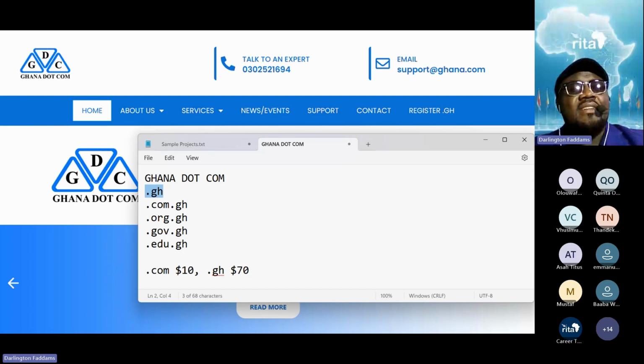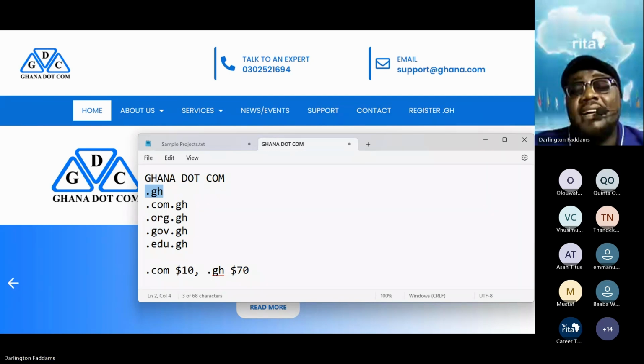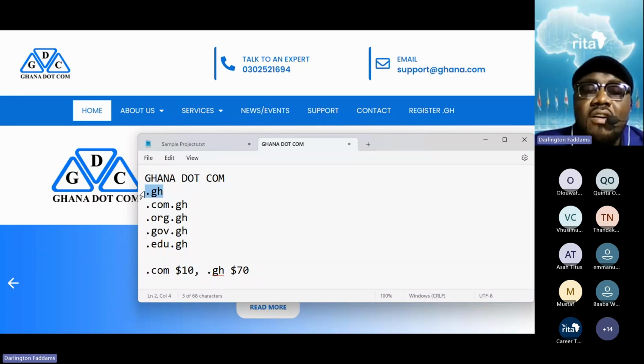How did these people get .com.gh? I went to GoDaddy, tried to register .com.gh. It doesn't work. It's not possible. GoDaddy cannot do it. The only place you can register .com.gh or .gh or anything .gh, be it .org.gh, .gov.gh, .edu.gh, you have to be in Ghana.